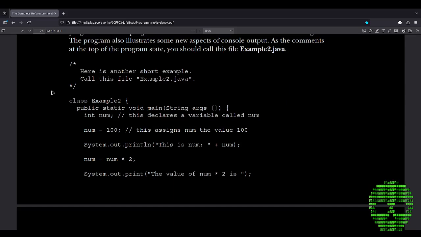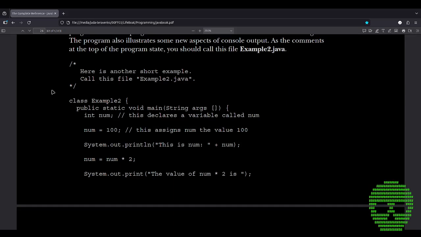Call this file Example2.java. class Example2 { public static void main(String args[]) { int num; // This declares a variable called num. num = 100; // This assigns num the value 100. System.out.println(